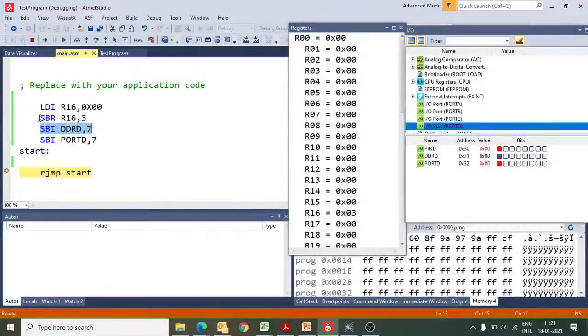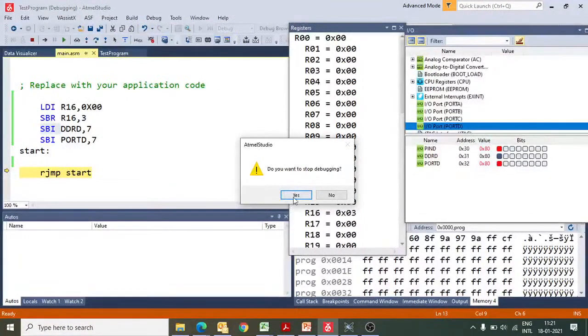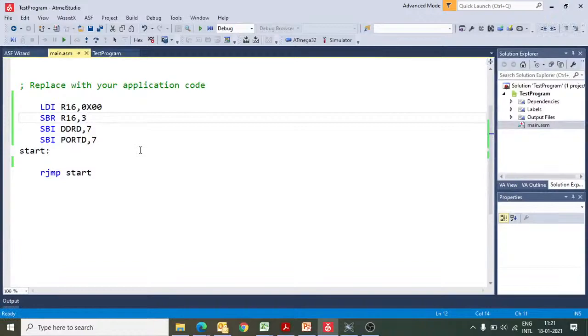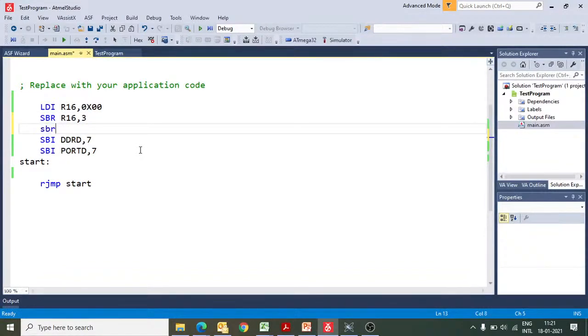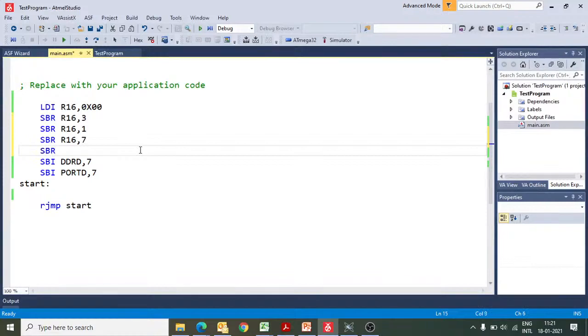So SBR is very useful to set the bits of a register, and SBI is very useful to set bits of an IO register. I will make slight changes here so that you will come to know exactly. Now I will use SBR further: SBR R16 comma 1, SBR R16 comma 7, SBR R16 comma 255.